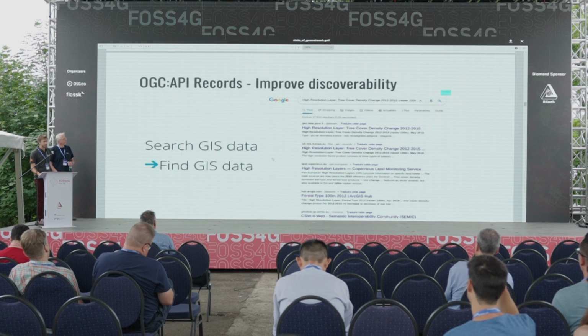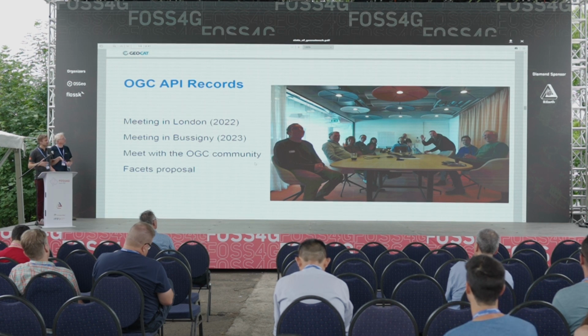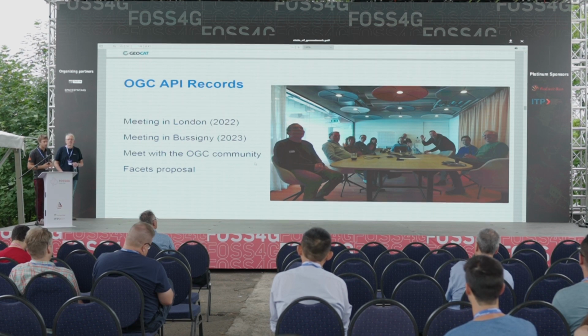So there is a microservice for that, which is called OGC API Records. So we are compliant, and during the last sprints, we have invested more in the OGC community. We went to different code sprints to improve the implementation of the standards. And at the last one in Bolsena, we were with the OGC API Records team, and we were just discussing together